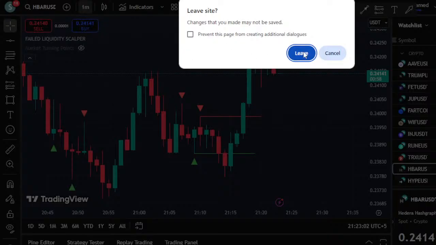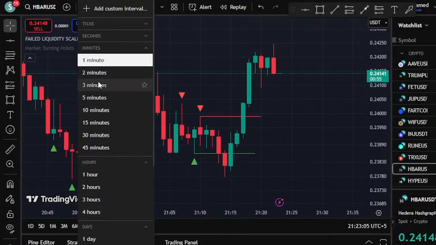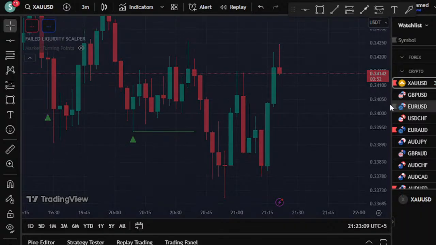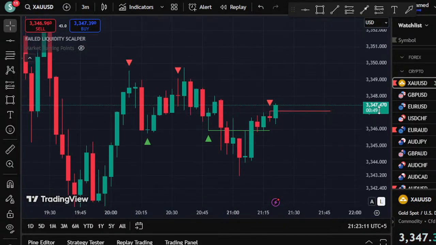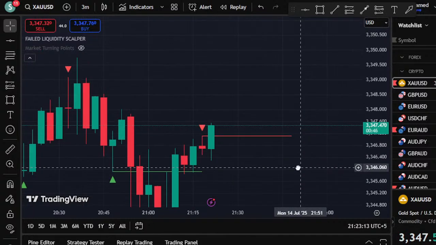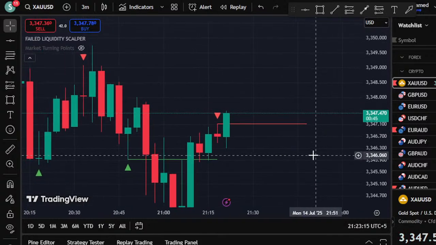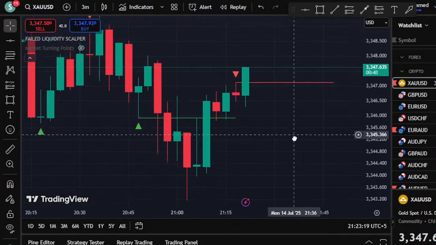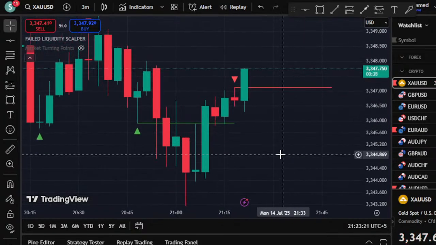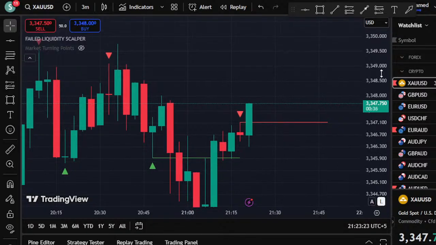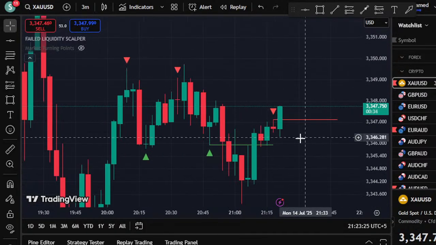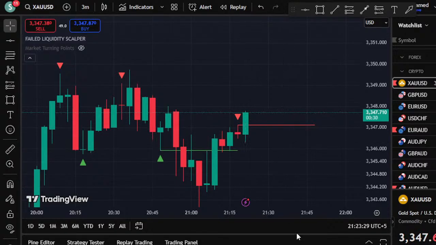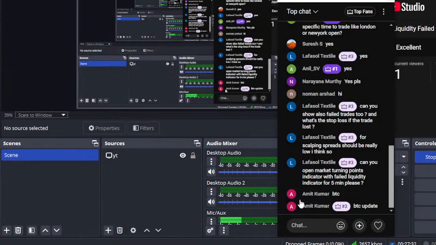Now let's come back to the 3 minute chart and let's see what is happening. And this is the real one. Okay, now just look at this gold 3 minute. If the price successfully gives a close above that level, we are going to take a buy position in that case, because this will be the liquidity failure for the gold, and this will be the buy. So overall, if it closes above, this is the buy on gold.